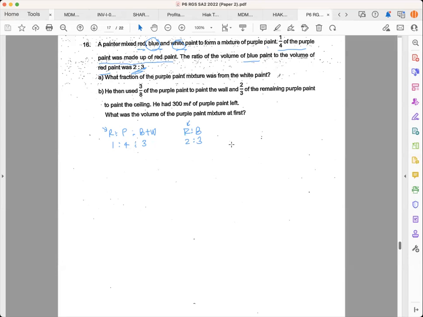Sorry, I made a mistake. The ratio of the blue to the red is 2:3. So it shouldn't be... blue is 2, red is 3. All right. So now we see that